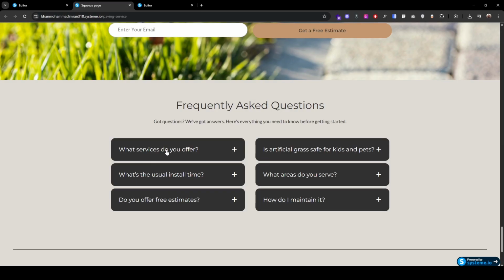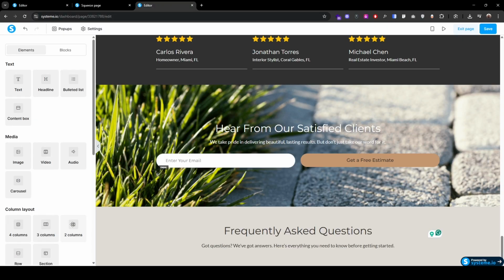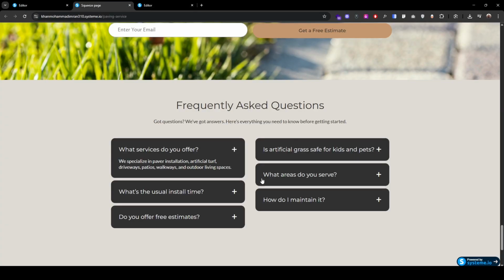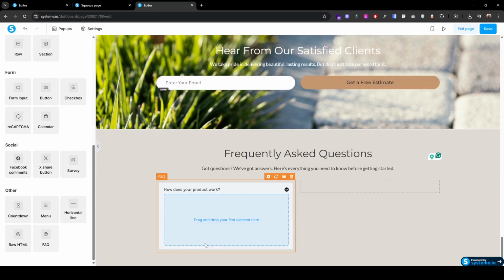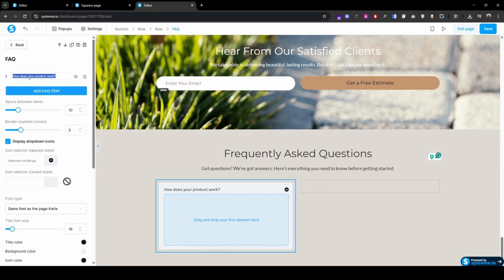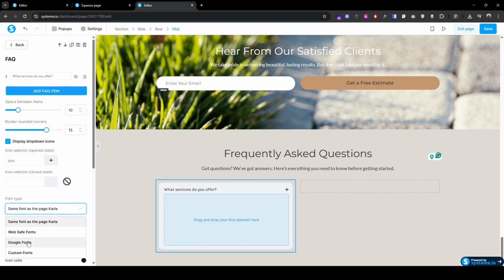Now if we click on a question it expands, so to do this let's add a 2 column because it's a 2 column layout, then scroll down and drop this FAQ here, click here, change the question to this question, add some border around corners I guess 15, change the icon, this icon to plus, search for plus, then change the font to Google font,